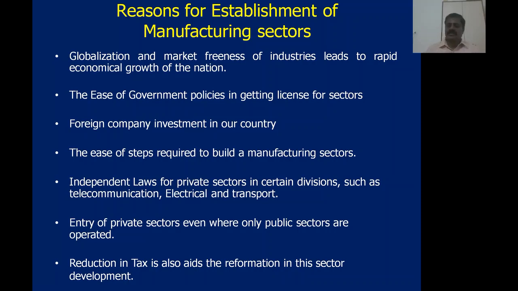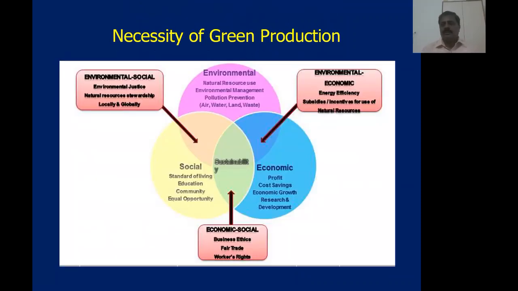This particular figure shows the necessity for going for green production, and who the beneficiaries are when we go for sustainable manufacturing. To be frank, we need to give the world which we are enjoying to the future people, that is, the future generation. So it is highly important that the environment has to be safeguarded and sustained. Likewise, the economy should also equally be sustained along with the social reforms.